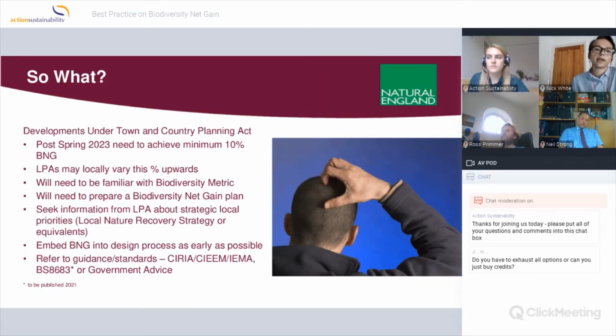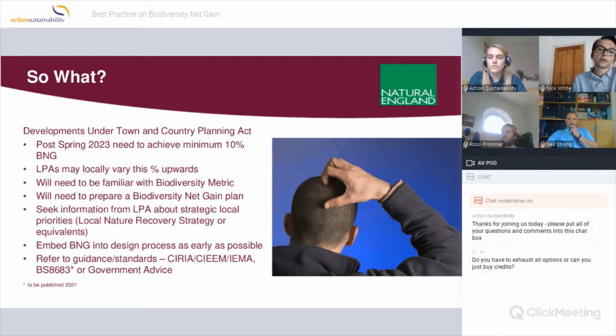So why is this relevant? It's important to stress that any development under the Town and Country Planning Act from spring 2023 will need to achieve this minimum 10% biodiversity net gain, and local planning authorities may locally vary that percentage upwards. Everyone will need to be familiar with the biodiversity metric, because that's the metric that everyone will need to use, landowner and developer alike.